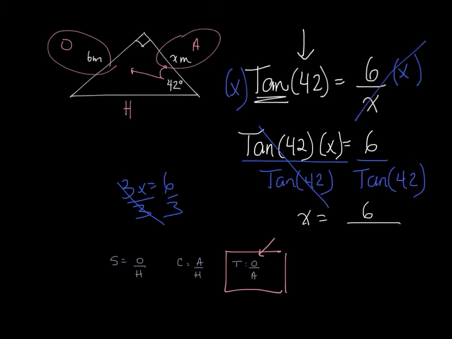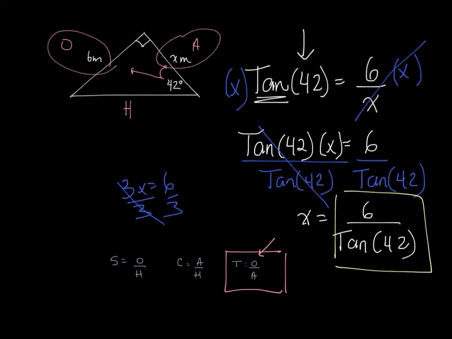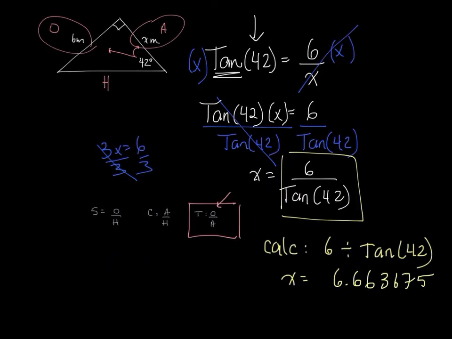We haven't touched my calculator yet. So I'm going to rewrite that. And what I'm going to put into my calculator is this, 6 divided by the tangent of 42. And I get 6.66375 or something like that. So x is equal to, do my little approximately, 3 significant figures,